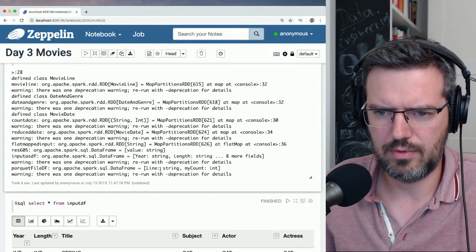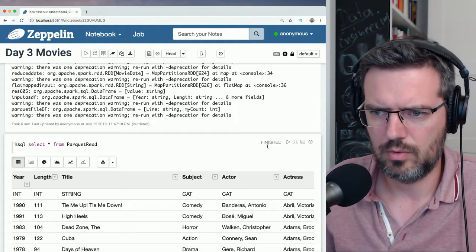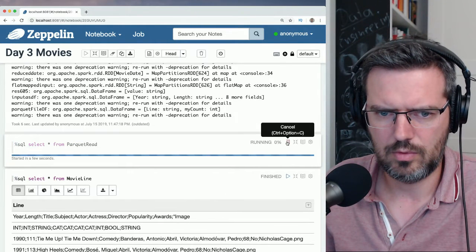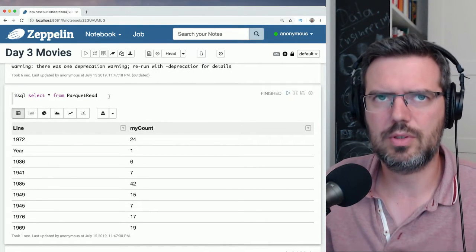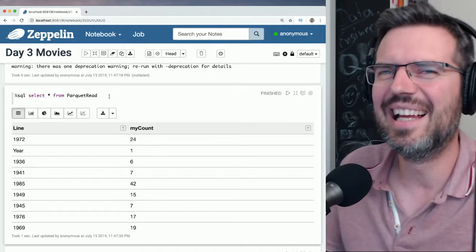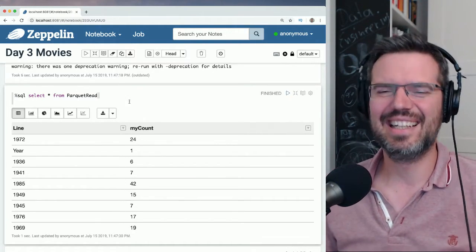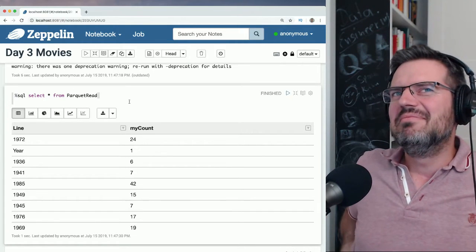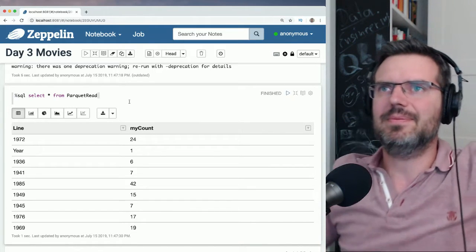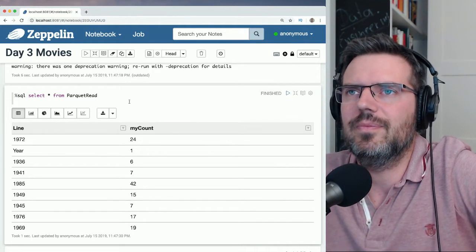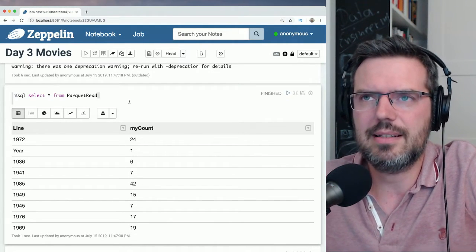Okay, file df, line string my count. That was cool. That was easy. Yeah, you can directly access S3 from here.